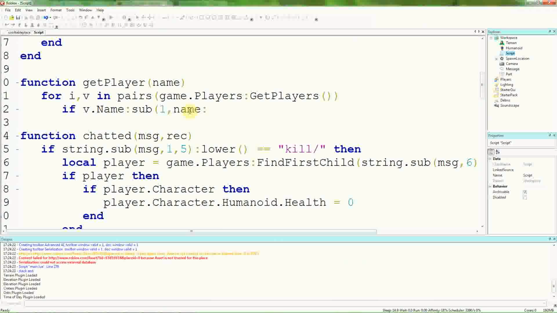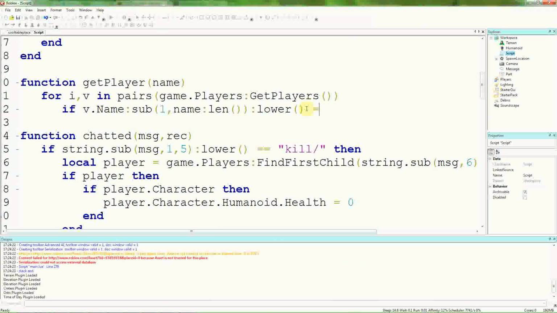Oops, colon lem. Again, we could just do string.len and the name, but I prefer to do it this way. Put in the brackets to the sub function. But also we want to make sure you don't have to type in the correct capital letters as well. So if the sub of all of this is the sub of this, we're also going to call another function, lower. The lowercase of all of that